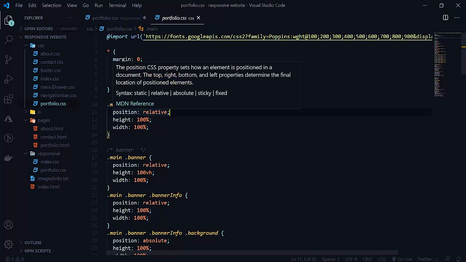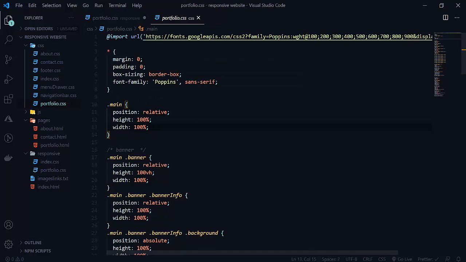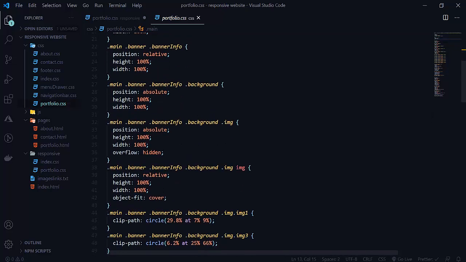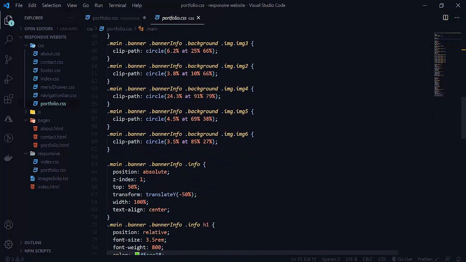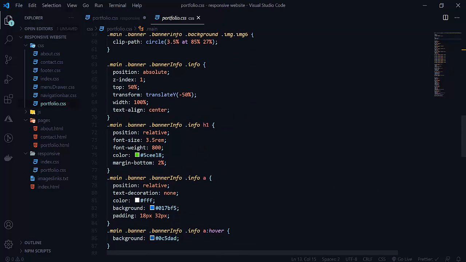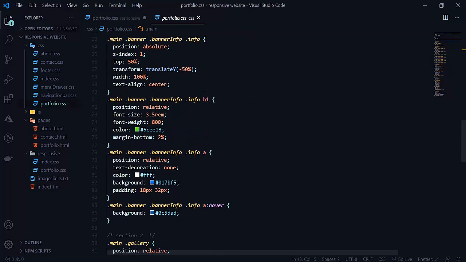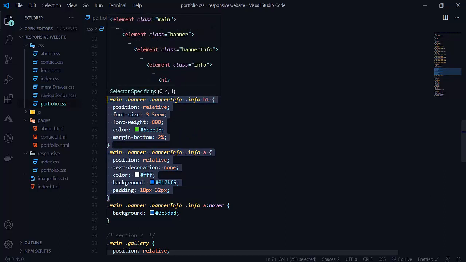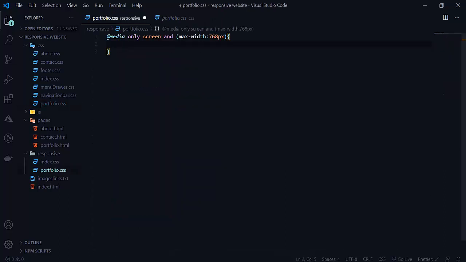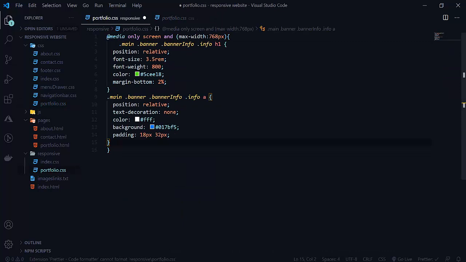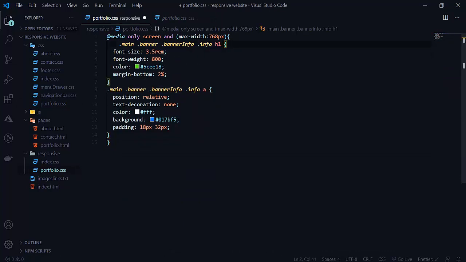So first of all we only want h1 here, and we want the anchor tag here, just this one. So paste it here, and we just have to change the size. Nothing else we have to do now, we just have to change the size here. So let me make the size, I think 2.5 will be good enough. 2.5.